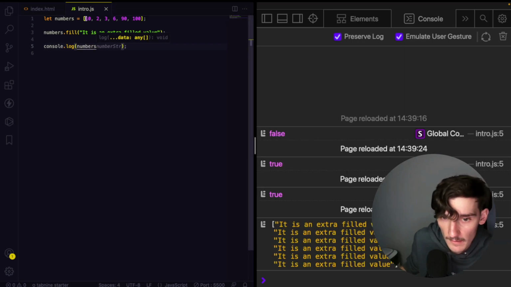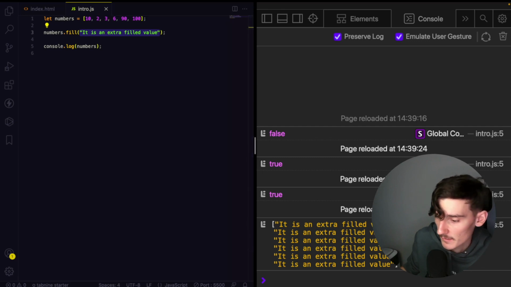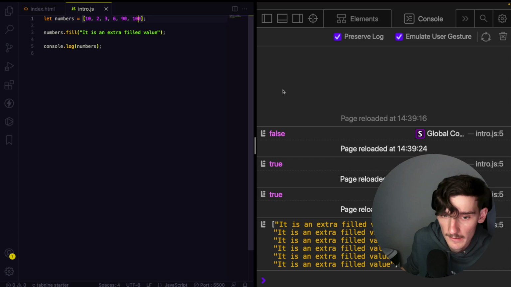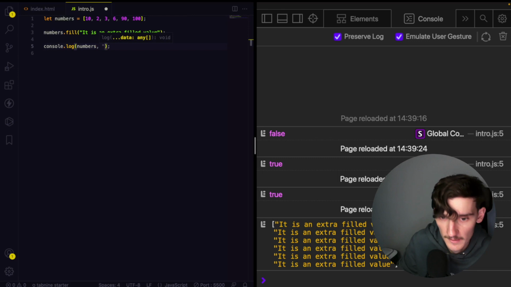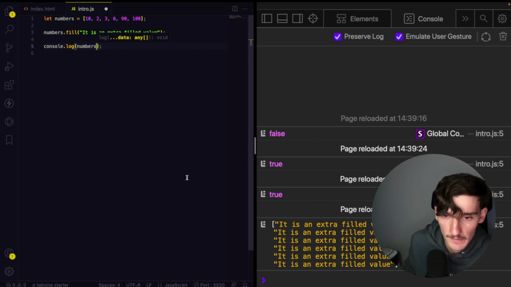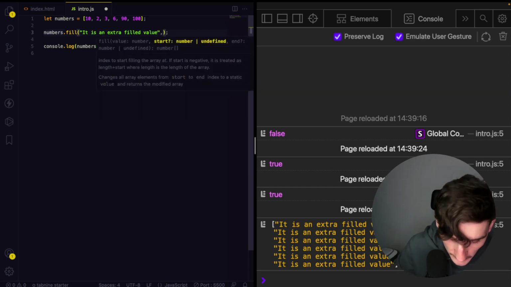And the entire array is filled with this value. So I declare the array with 1, 2, 3, 4, 5, 6 elements, and there are 6 elements here. It's not adding some additional item, but it fills the entire array. But I can also use the fill method from a starting position to an ending position. So for example, I want to fill the first 2 positions with this value, and I will start with the 0,